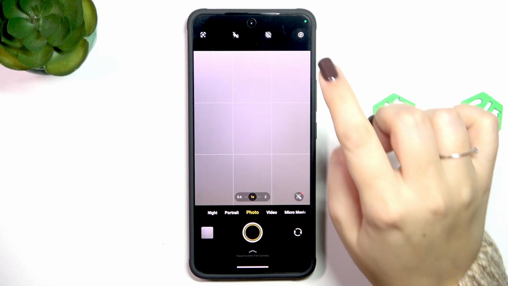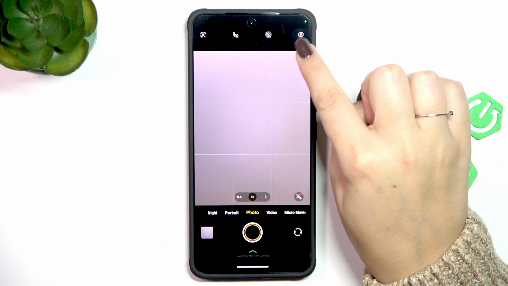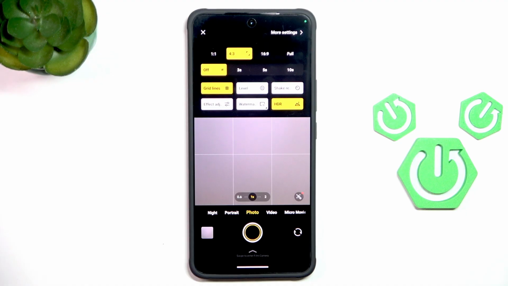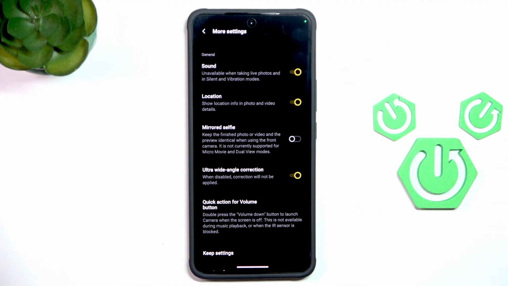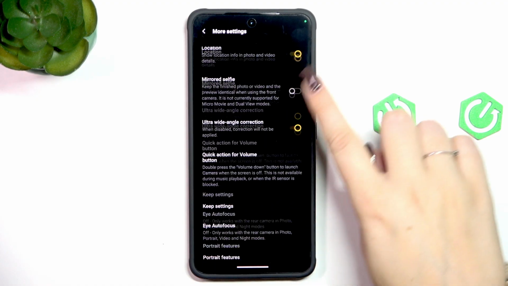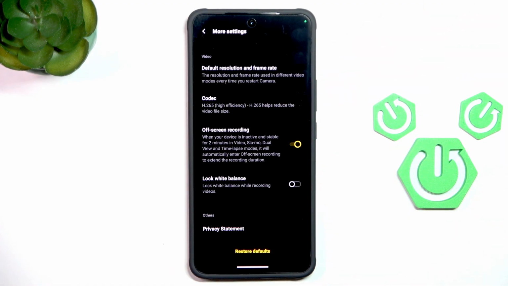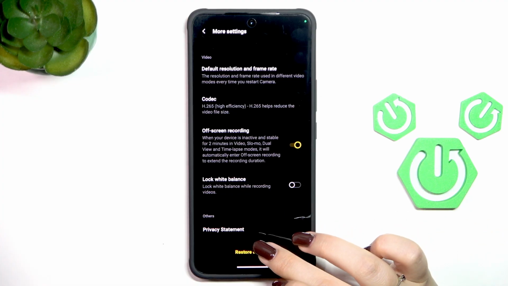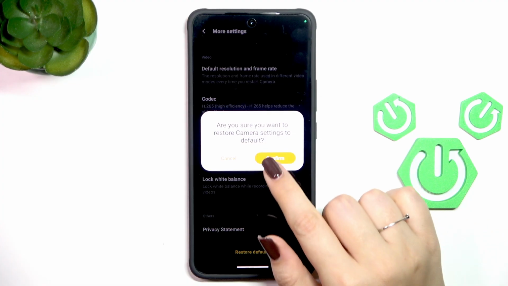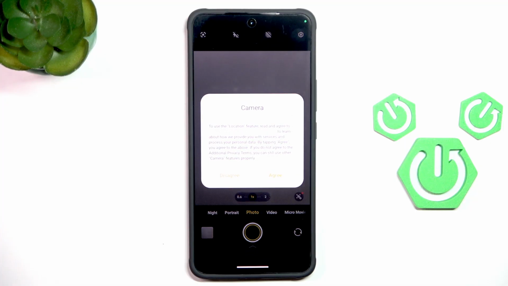So now all we have to do is to go to the settings. They are in the right upper corner, so let's tap and then go to more settings. Right here we have to scroll all the way down and tap on Restore Defaults. Then tap on Confirm, and as you can see we just got back to the camera, and here we've got